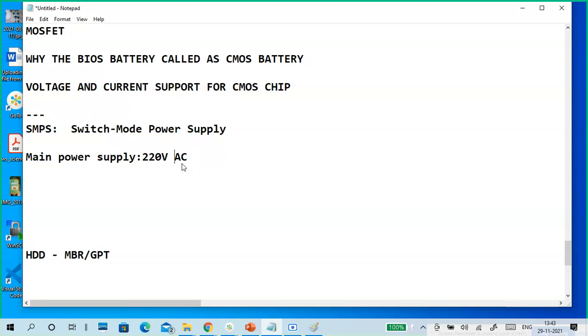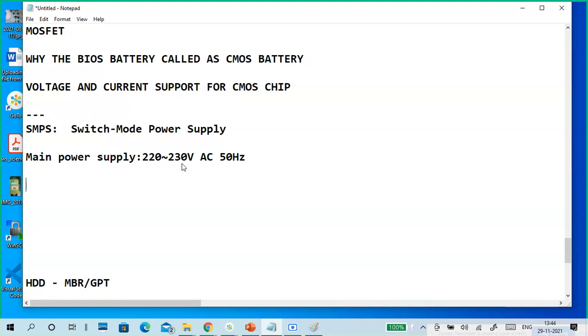The voltage type is AC. Okay, 220 to 230 volts. Some people say it is 230. Approximately 220 to 230, not 240. So 220 is the standard. And 50 hertz, there is also a clock speed, the 50 hertz frequency. This is the main power supply.